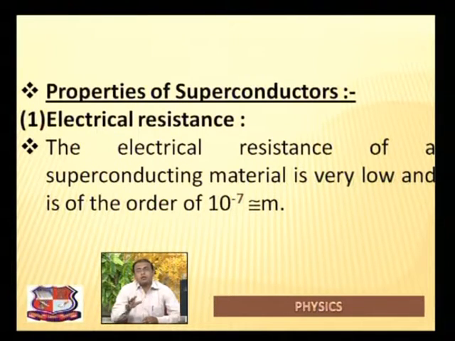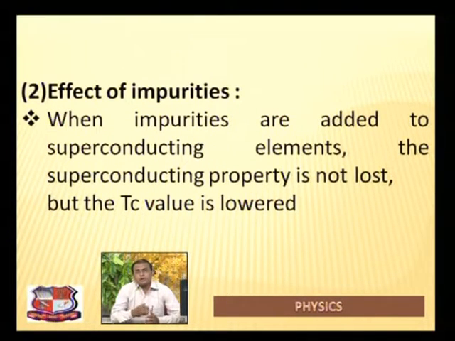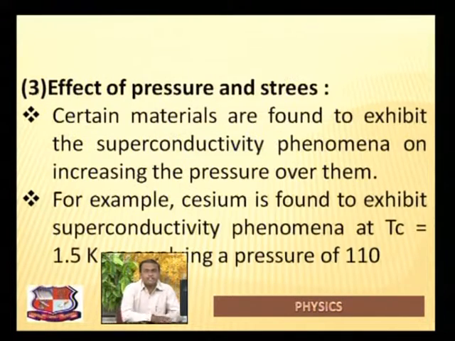It is about 10^-7 ohm-meter. The second property of a superconductor is the effect of impurity. When you add an impurity into the superconducting material, the superconductivity of that material is not lost, but the value of the transition temperature can be lowered. For example,